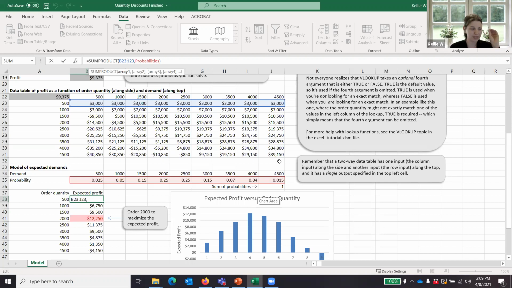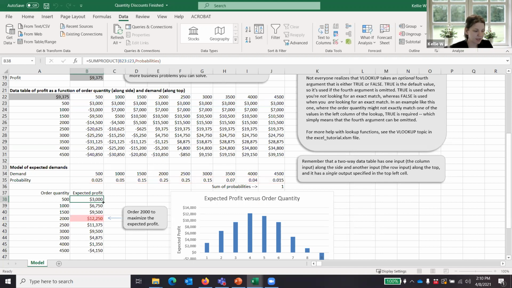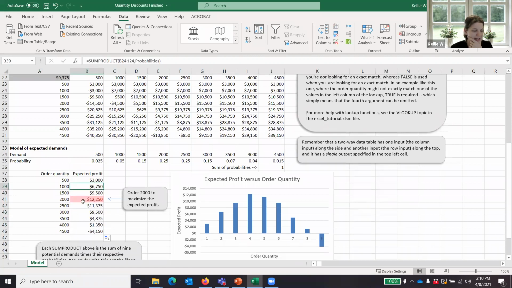So it's going to take the first element of this array, multiply it by the first element of this array, add this times this, add this times this. That's what SUMPRODUCT means. And then once you do that, you just drag it down and it calculates for all of our order quantities. So then we can see that the ideal order quantity is 2,000. That's the highest